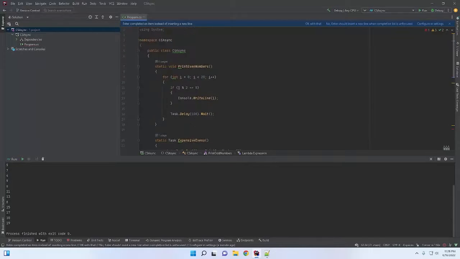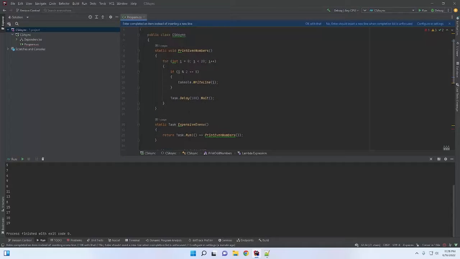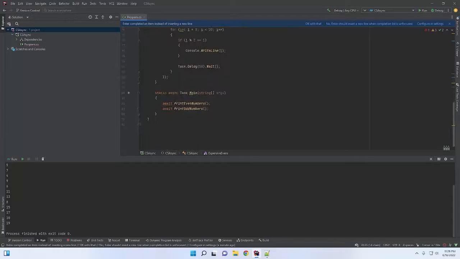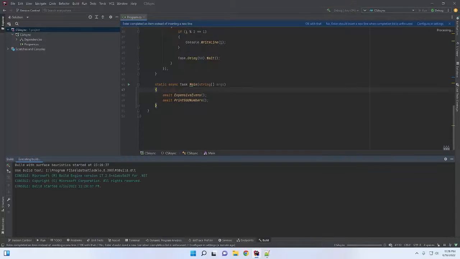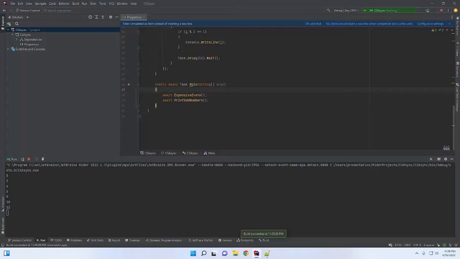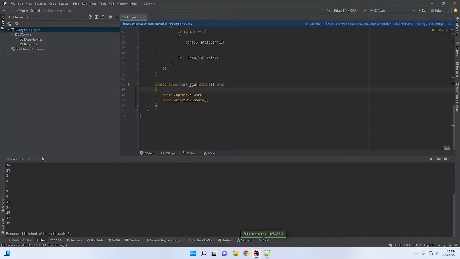So we have to go up here to our print even numbers, and we can do the same thing there, or we can actually put expensive evens there. So I'm going to go ahead and do that. And expensive evens will also work. So now if we run this, notice that we're actually getting it in the same order. So that's not all we need to do. I forgot about this. So this is still doing this in kind of a synchronous way. It's doing this synchronously and then this synchronously.